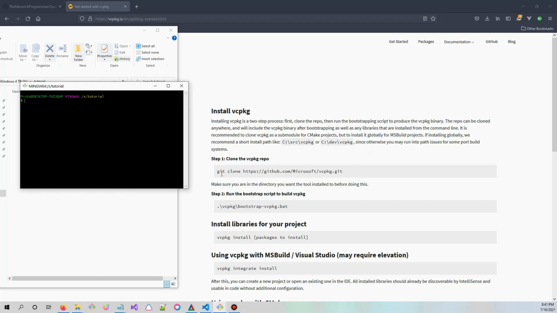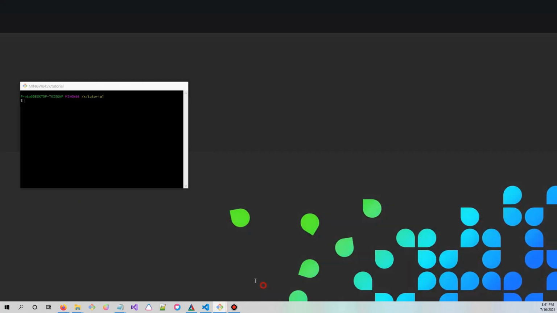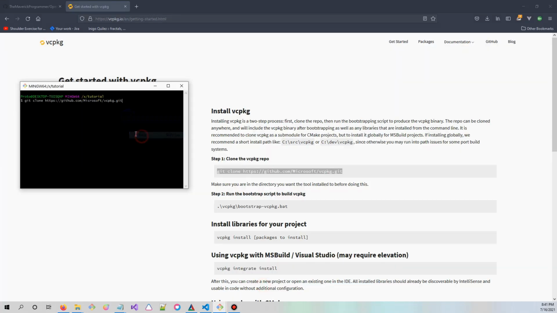Clone the VC Package repo. I'm going to copy that here. I'm not even going to use my keyboard because I'm a pro. Right-click and paste. Notice this is a lot faster than the OpenNet Battle project. It's a very lean